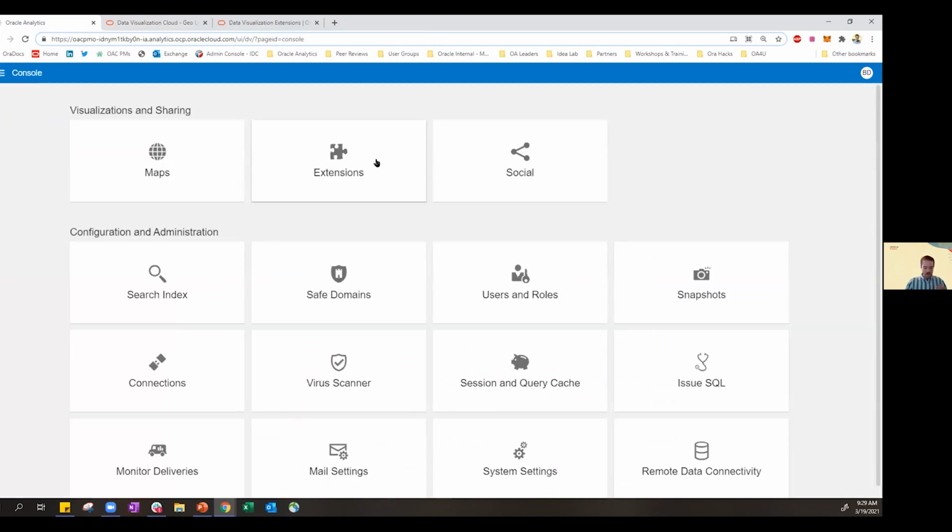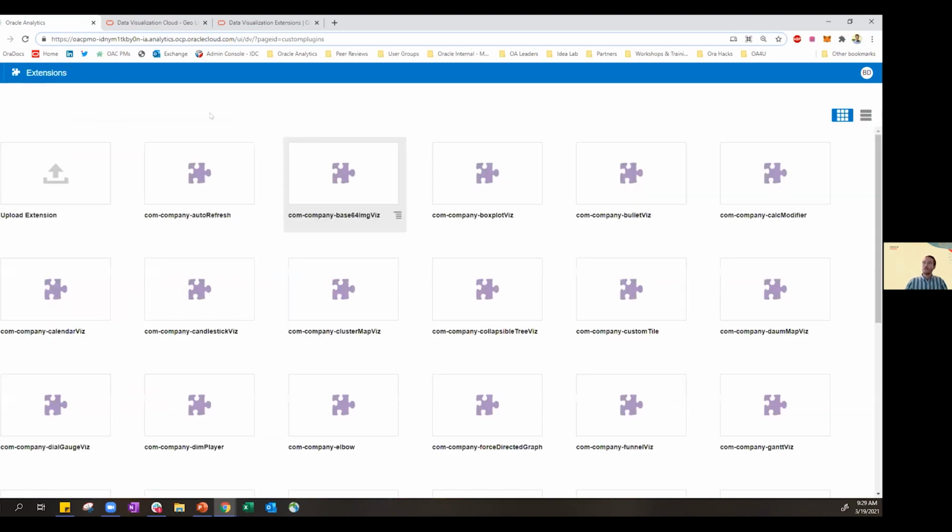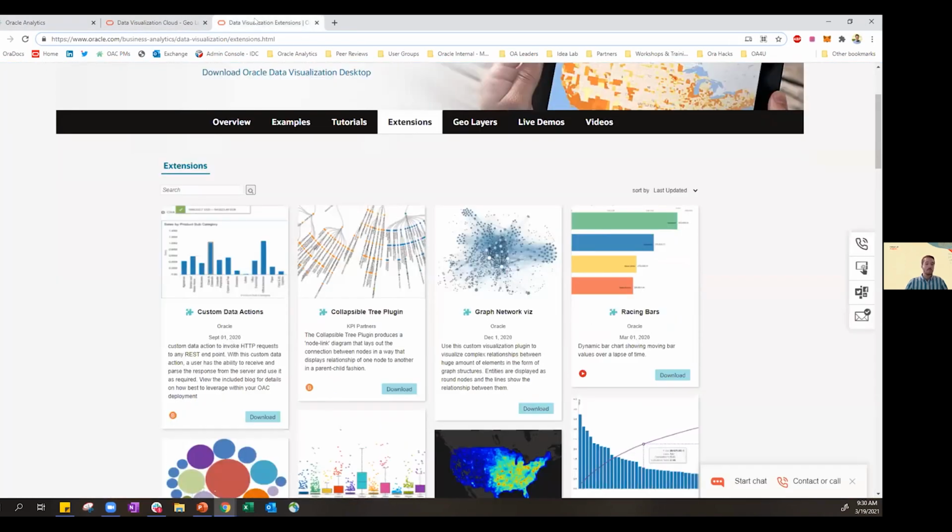Now I'll head back to our console. And now I'm going to show extensions. As Barry mentioned, he showed the network chart. So I'm actually going to show how to go about bringing in extensions. And again, this is great for really furthering your analysis that much further. As OAC has a lot of different visualization types out of the box, it's important to know that our community is also creating multiple different visualizations through things like D3.js type visualization types.